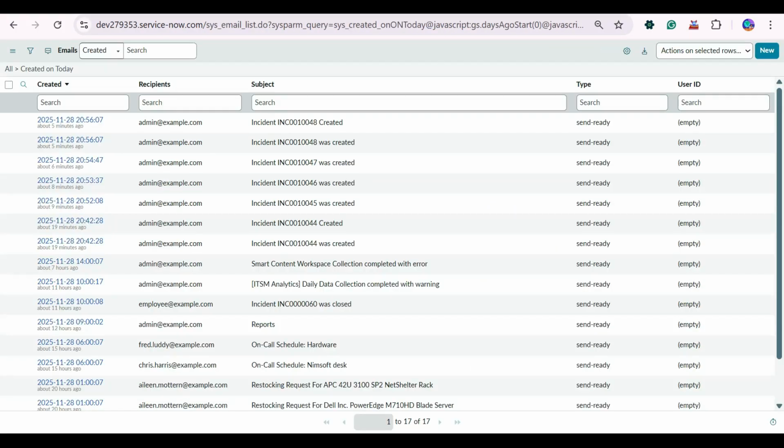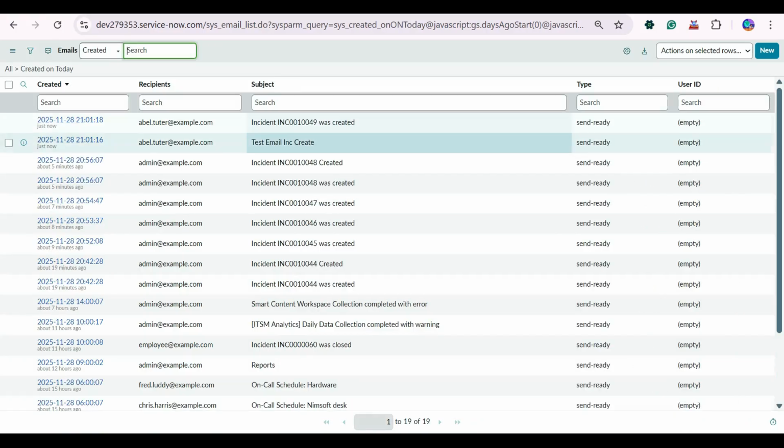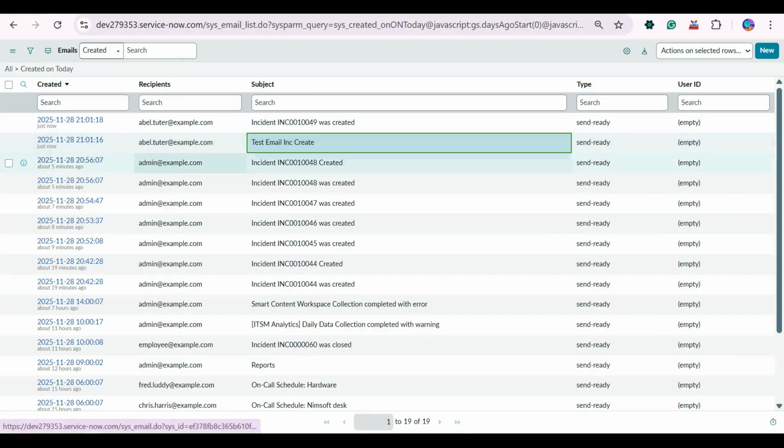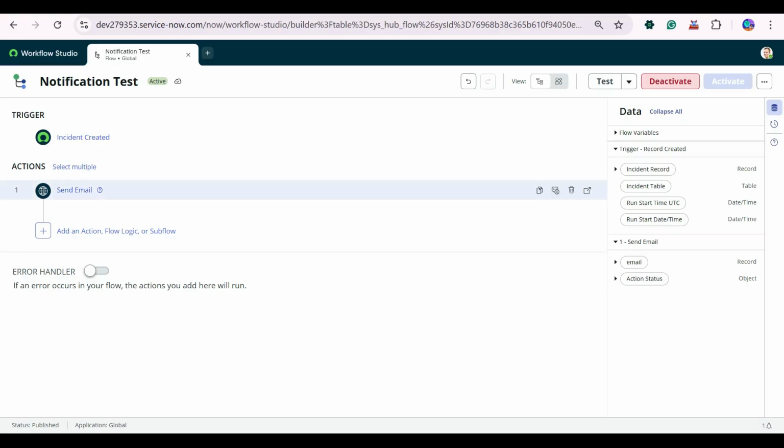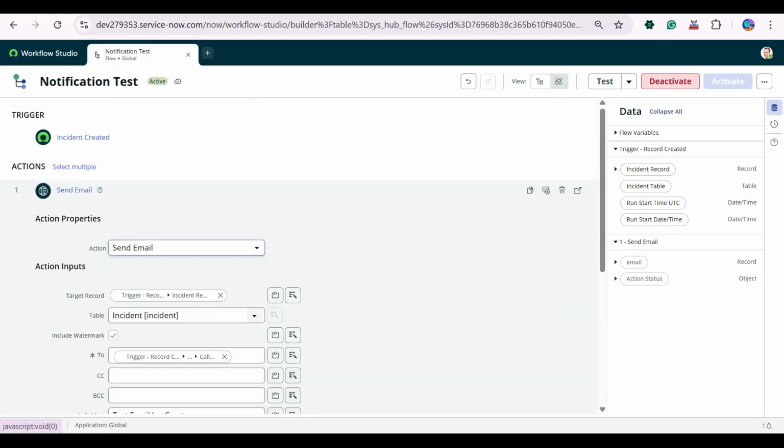Now this incident 49 is created. See, this is our test email INC create. So this is triggered based on our flow. And this is the out of the box one above. So now this is the send email action, but